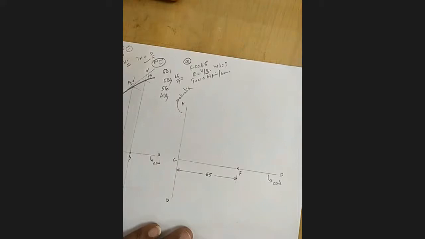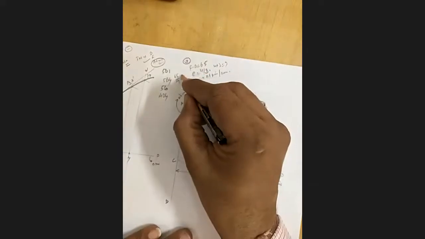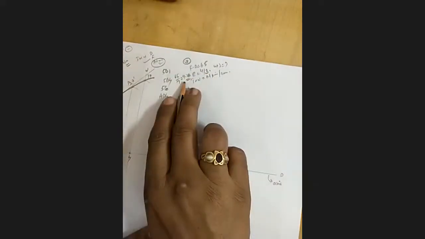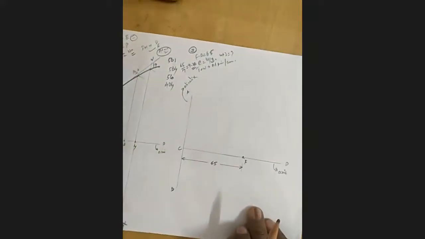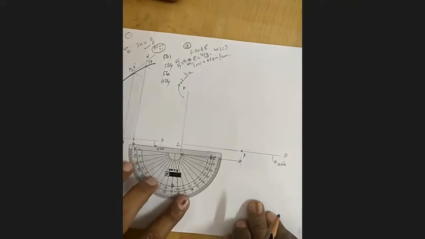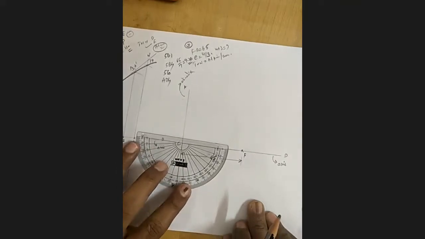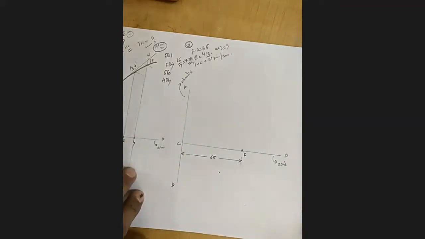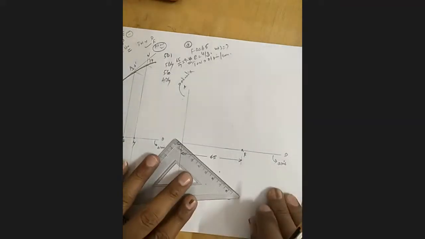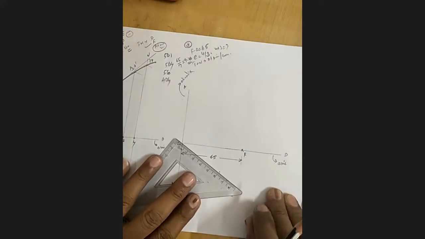65 by 7 is 9.28. See, now this value is in the form of a decimal value, so we cannot use the direct method. Then what do we have to use? An acute line. See, from C, measure a 30-degree line. I told you I prefer 30. This is the 30-degree line. Measure how many parts you want: 7. Keep your scale.